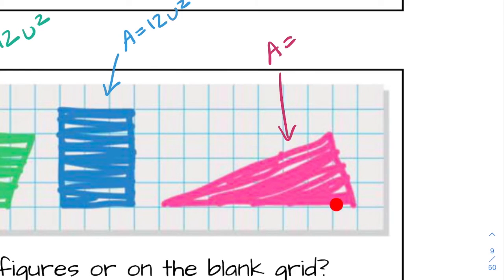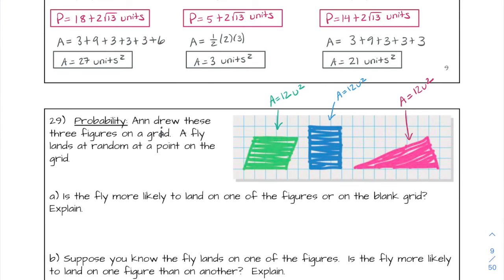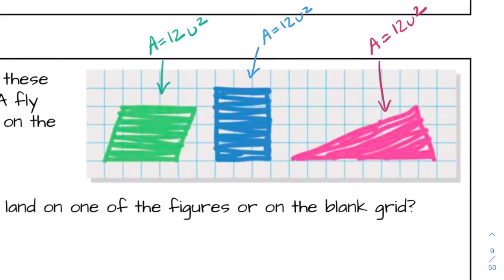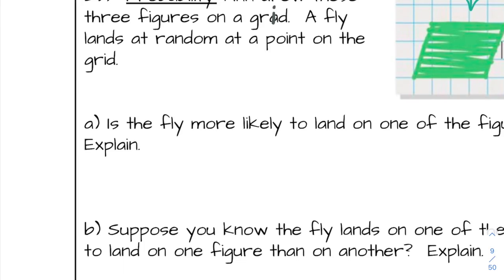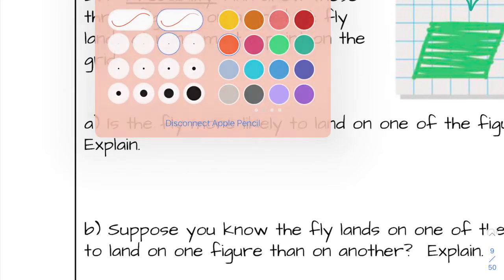8 times 3. Let me just do it. 2, 4, 6, 8. Yeah, so half of 8 times 3. 8 times 3 is 24. Half is 12 units squared. So guess what? Is a fly more likely to land on one of the figures or on the entire blank grid? Well, the figures, so the area of the figures